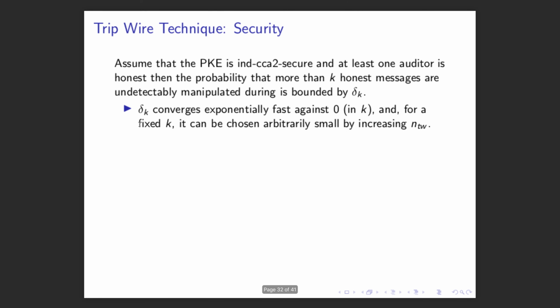It doesn't matter. Okay, so the basic assumption here is that the public key scheme is IND-CCA2 secure and at least one auditor is honest. Then the probability that more than k honest messages are undetectably manipulated is bounded by delta k, which we'll come to in a minute, and delta k converges exponentially fast to 0 as you increase k. So the more honest messages you want to change, the exponentially smaller your chance of doing this without detection is. You can also make the initial value arbitrarily small by increasing the number of tripwires, but this can become a little